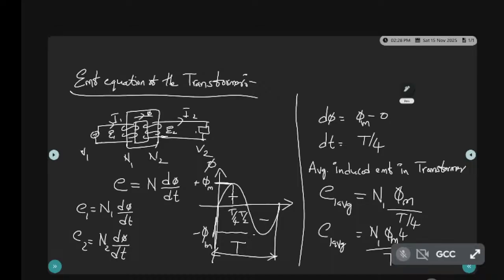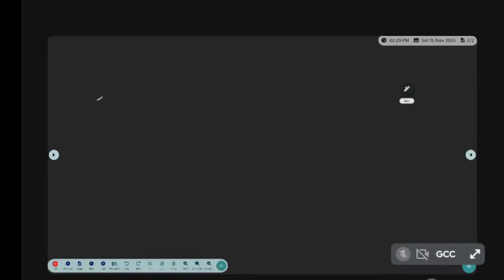1 by t is there. 1 by t, so inverse of time period. Are we having any parameter name for the inverse of time period? 1 by t is equal to frequency. So inverse of time period is nothing but frequency. So substitute this value here. So E1 average is equal to N1 Φm